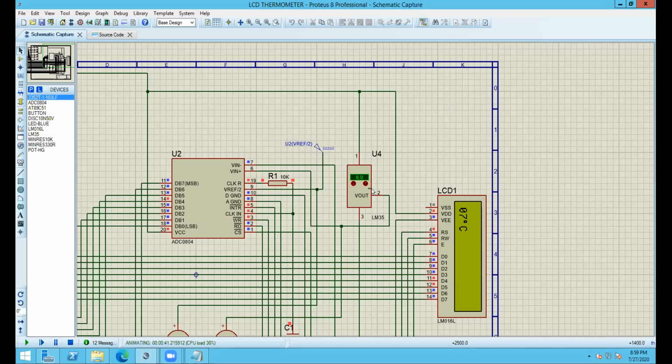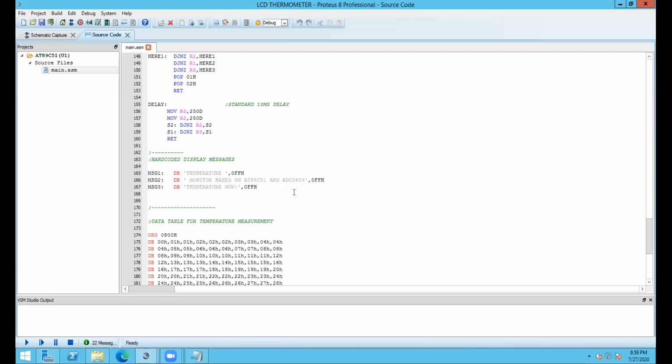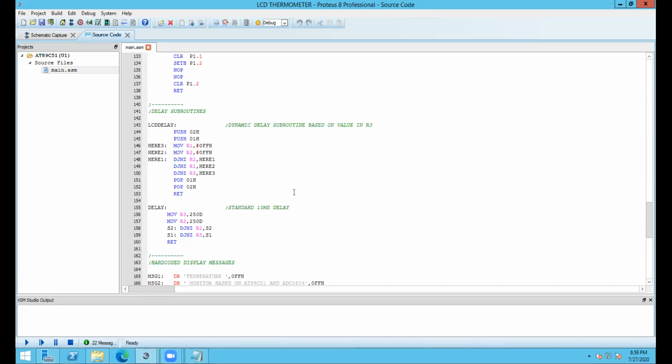Now let's get this back to 1. See, for 1 it's showing 2. Why is it showing 2? That's because in my source code 1 means 03. In the last circuit I have shown you, 1 in hex shows 03. Remember?